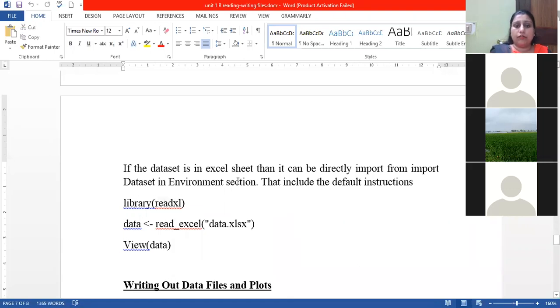If you select from the default option, this package will automatically load, and it will perform the instruction read_excel with the name of the Excel file, and it will finally view that data. We are not considering the plots here.